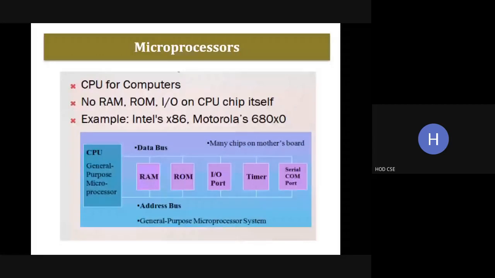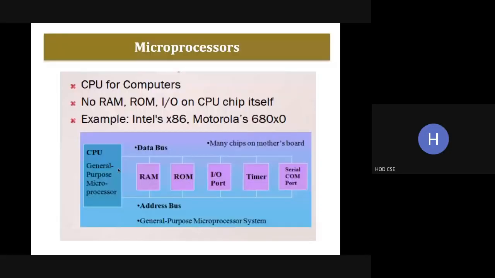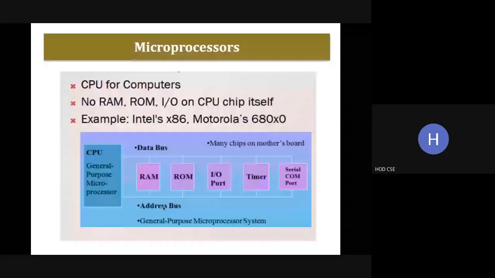Okay, so we studied the microprocessor 8086. See here, the microprocessor has a separate CPU, and we have the system bus. The system bus consists of the data bus, address bus, and the control signals. The data bus is used to carry the information, the address bus carries the address, and the control bus is used to carry the signals, whether it is read or write.